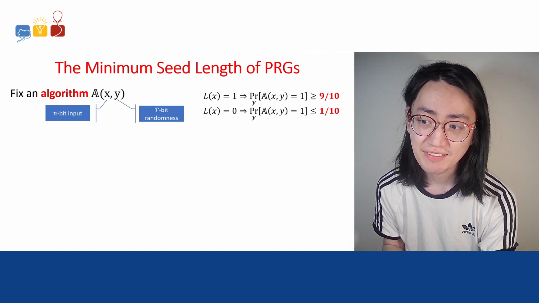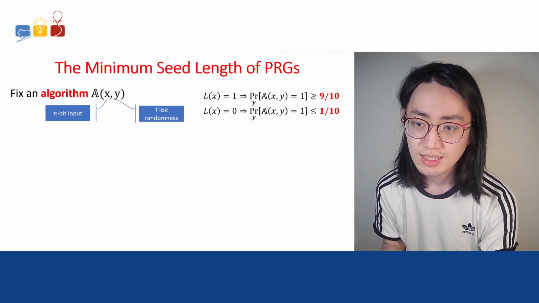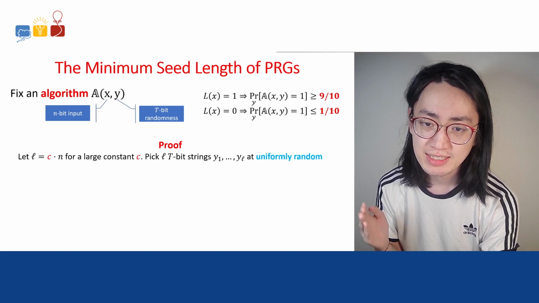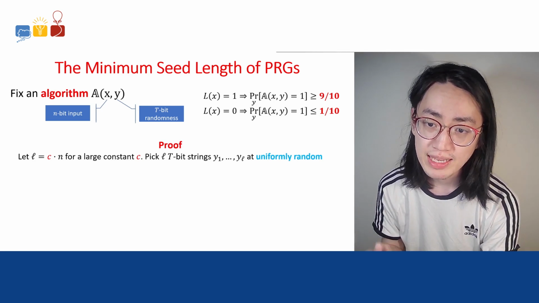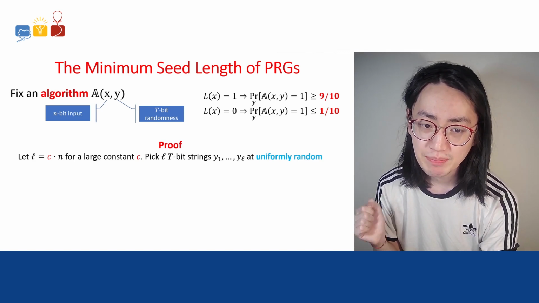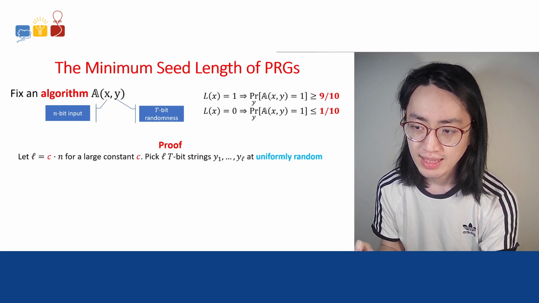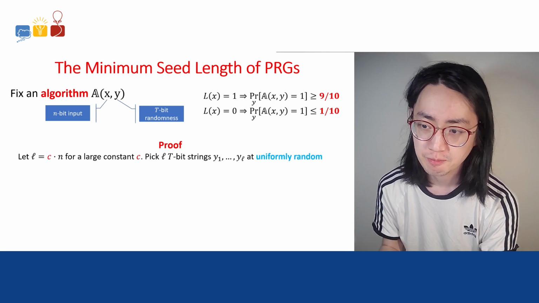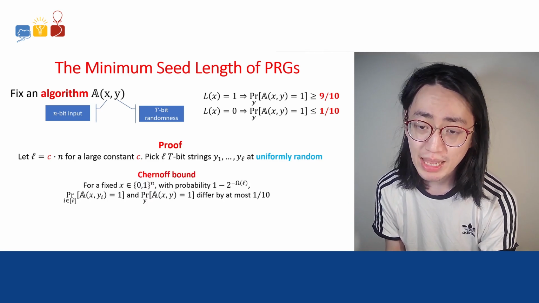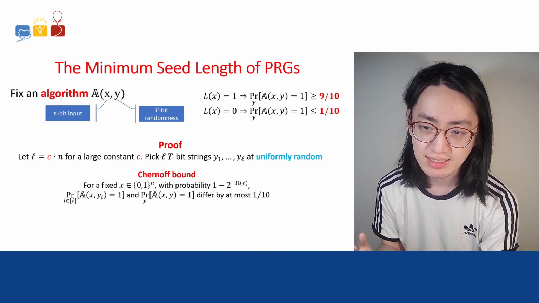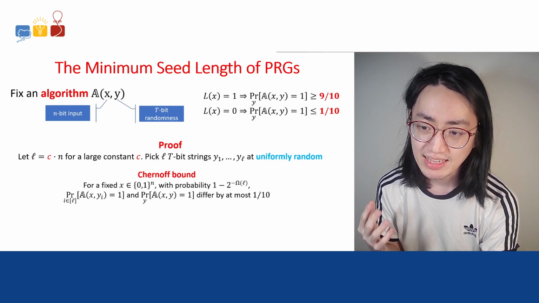The proof is in fact very simple. First, we'll let L be a big constant C times n. Then we pick L t-bit strings y1 to yL uniformly at random, and they are all independent. Next, we can apply the Chernoff bound to show that for a fixed input x, with probability at least 1